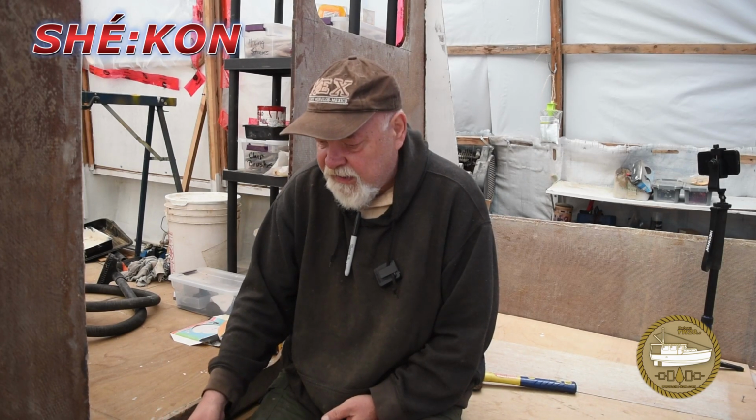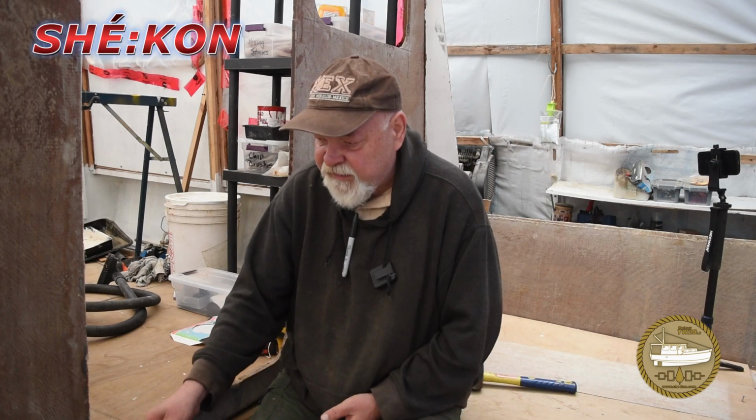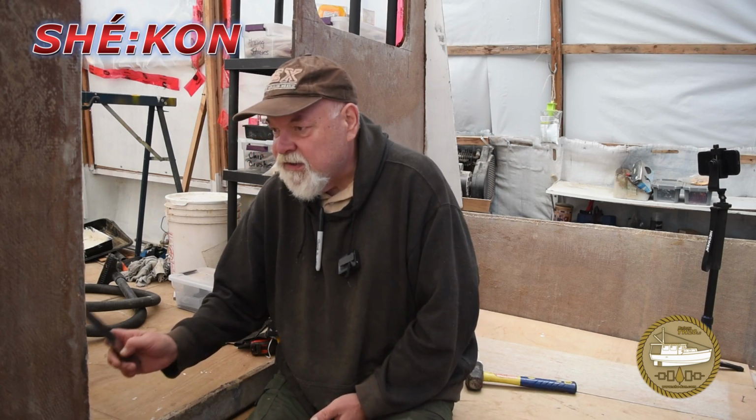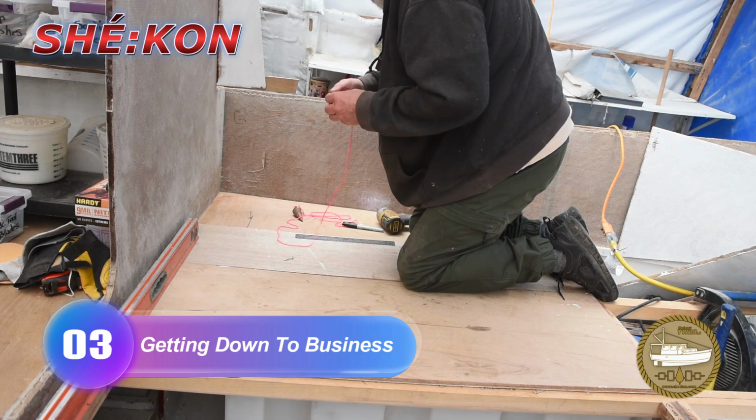The second issue I have is the way the deck panels are right now. They stretch from the bulkhead to the next frame, and these have to be filleted and taped. So essentially what I have to do is cut off probably 6 inches from each leading edge on the deck panels, and the same on the inboard side. Once I get it all lined up, I'm going to draw a line on each outboard side and come across 6 inches. That will allow me to line up the bulkhead fore and aft. I know this is not the best thing to do, but